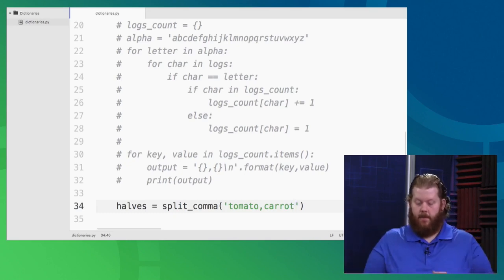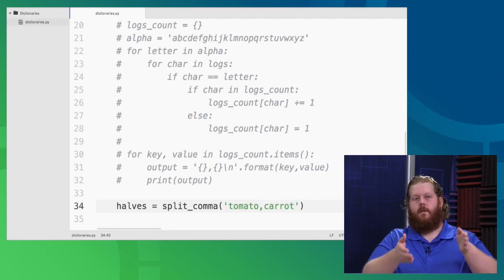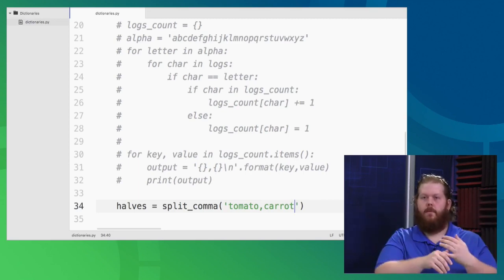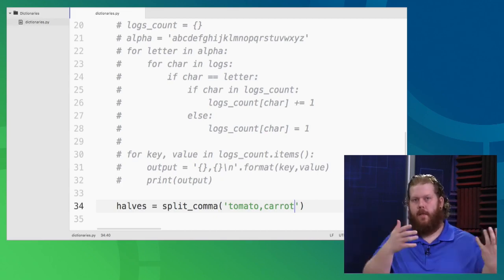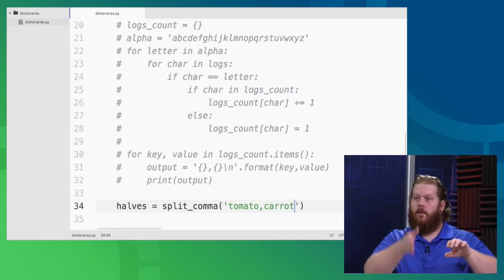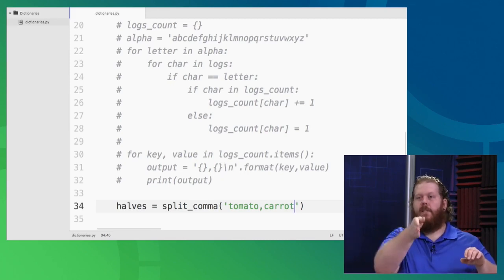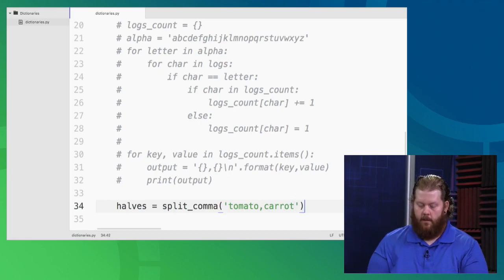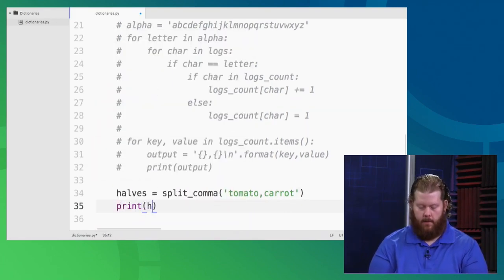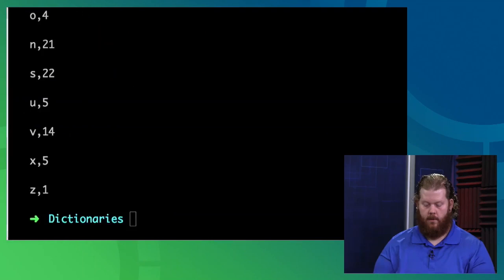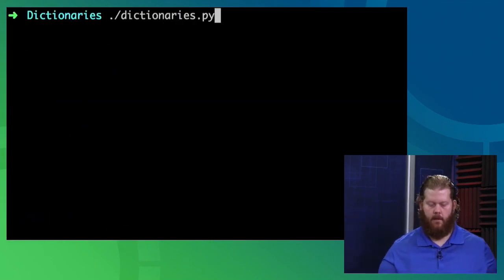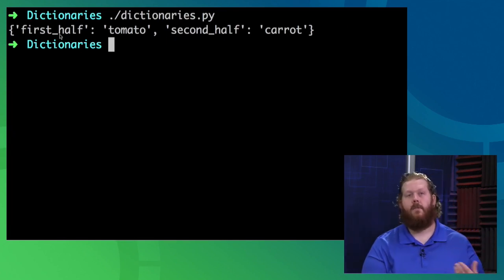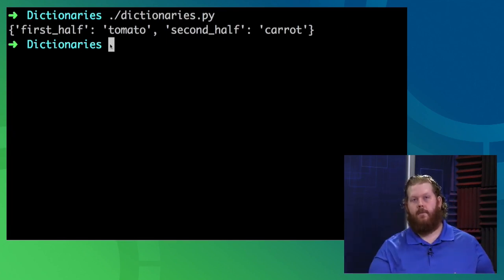So I have the string that's all run together, and I want the first half and the second half. This could be a line split, where a lot of times you'll have something colon something else, like in various text files. You'll see that separation. This would be a way to go, okay, on every line I want to split this right there and get the first half and the second half. And they're not exactly halves. But now I can print halves, and if I clear and run, then I can see that returns to me as a dictionary that I can then use and reference.